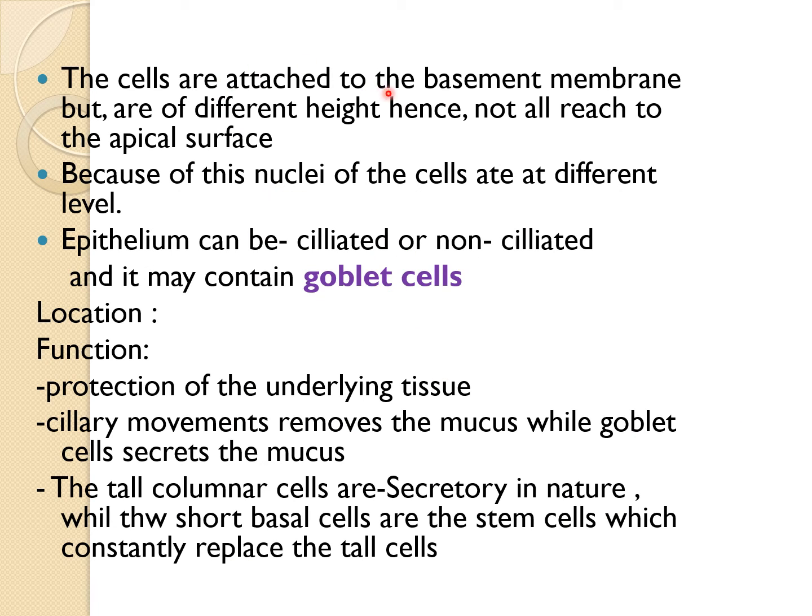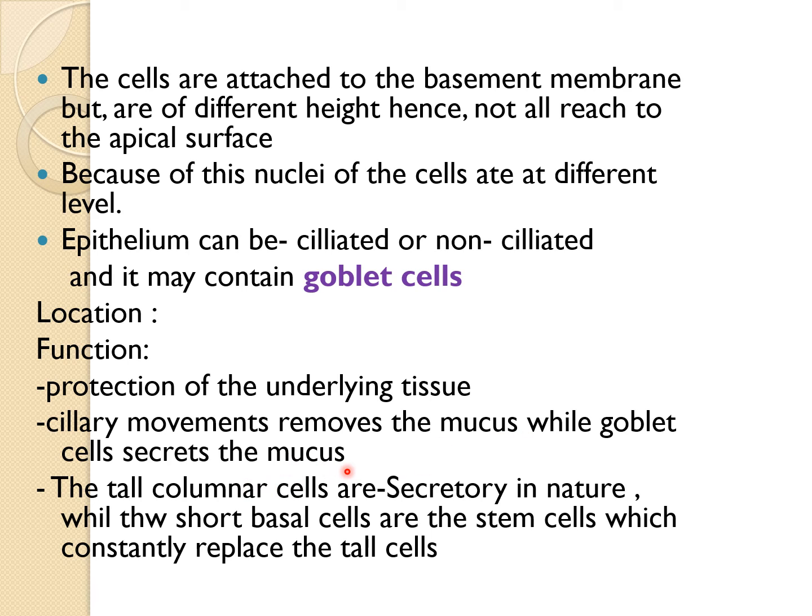So cells are attached to the basement membrane but are of different heights, hence not all reach the apical surface. Because of this, the nuclei of the cells are at different levels. Epithelium can be ciliated or non-ciliated and may contain goblet cells. The location is mainly respiratory epithelium. Function: protection of the underlying tissue, ciliary movement removes the mucus while